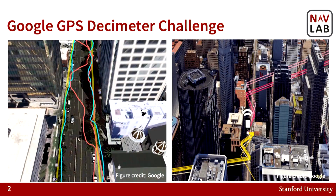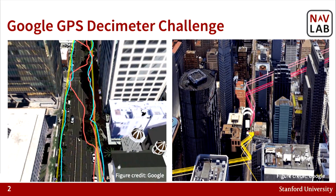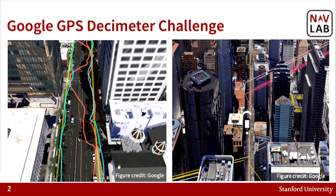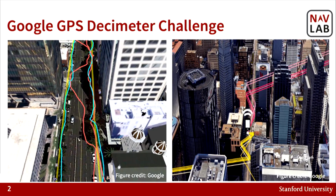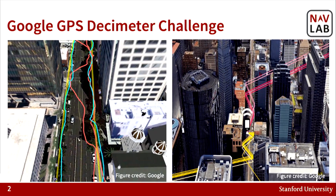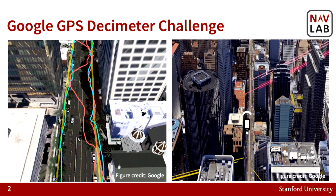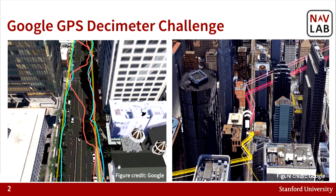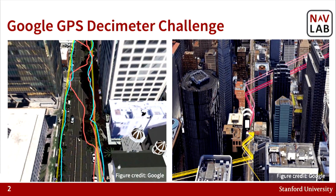We are all GPS users from our smartphones, and many of us also use GPS to navigate and find this auditorium. However, GPS is still not a solved problem. In particular, since a couple of years ago, Google has put out the Google GPS Decimeter Challenge, and they have been doing that every year, and there's one going on this year as well. They called on the whole community to better solve the urban problems for GPS. And so far, over 1,000 teams worldwide have participated in this challenge,